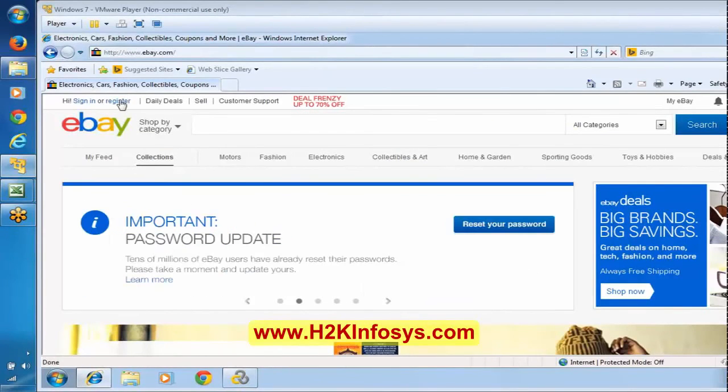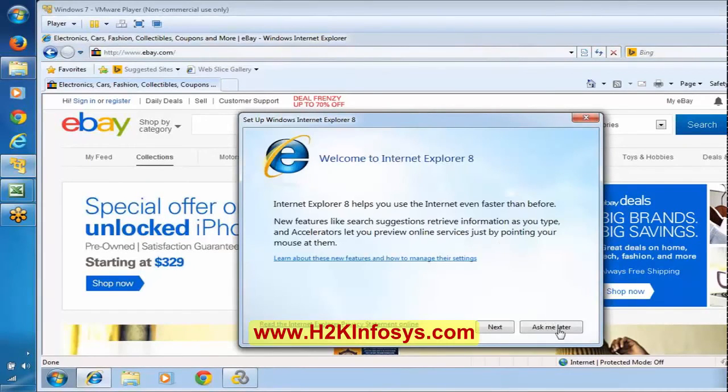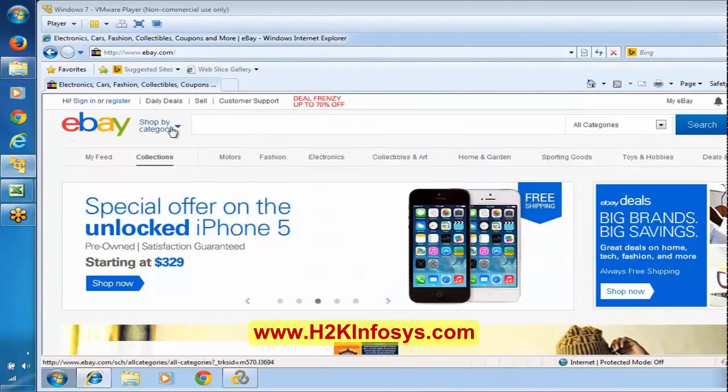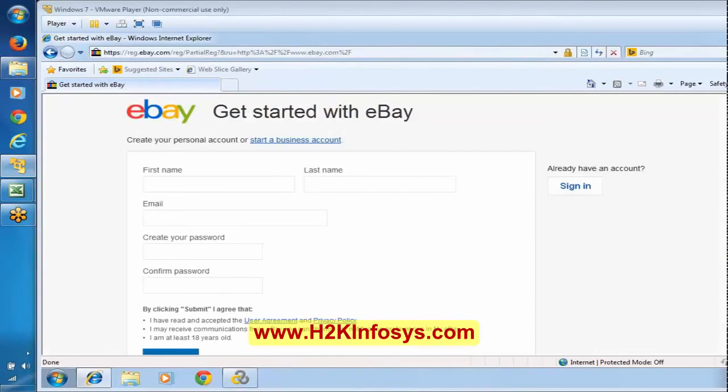Now here we will try to register into this particular application. Here we will click on register. We will enter some values over here, a very good scenario for us to parameterize. Here we'll enter first name, last name, email ID, password, create password, and confirm password. We'll try to create a scenario on this.